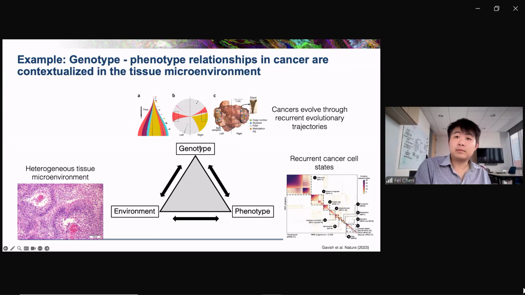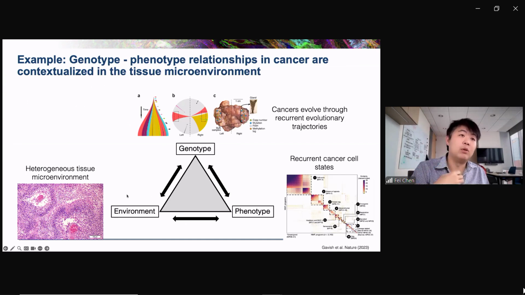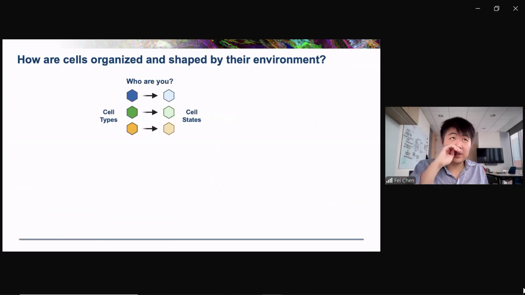And that's then related to the phenotype of individual tumor cells, because each individual tumor cell might have different states that they undergo, whether they're cell cycle states or states that are more like EMT, a transition to a more mesenchymal-like phenotype for an epithelial tumor, or states that are reflecting stress, hypoxia, or response to the immune system. And this diversity of states is both driven by the intrinsic genetic states of those cells and then the environment that they live in, including, for example, their interactions with immune cells. And so the big picture question is to understand how cells are organized and shaped by their environment.